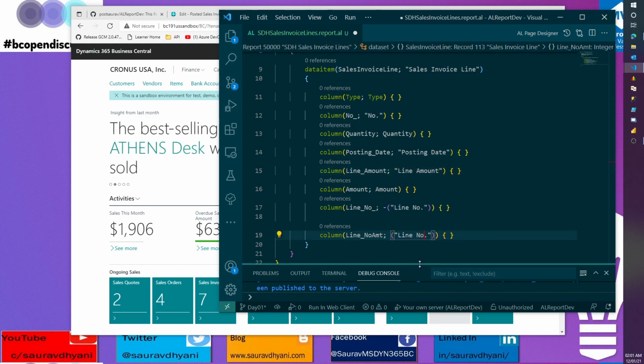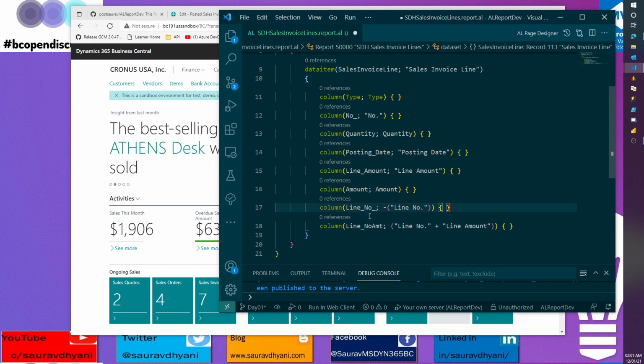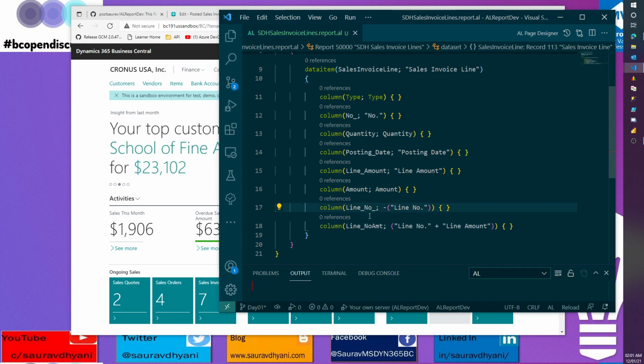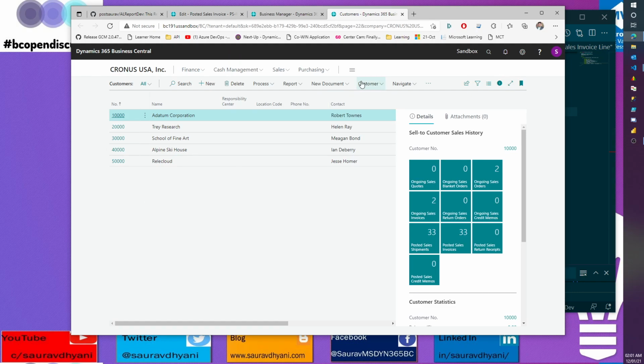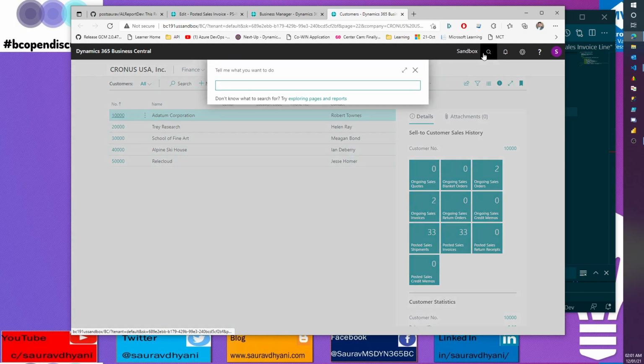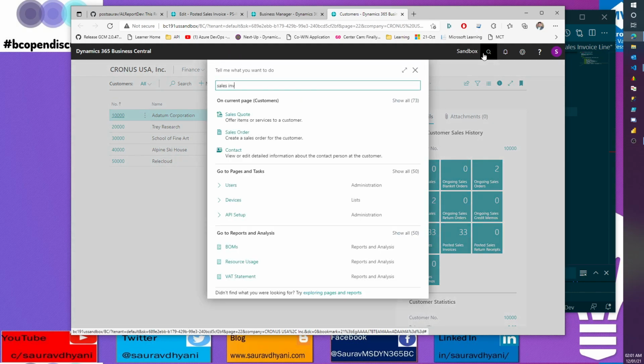So you can apply all the formulas that you need in your data set, specifically to get your data set the way you want. And that will reduce the amount of work that you'll have to do once you are in your design mode. So right now, if I look for my sales invoice,